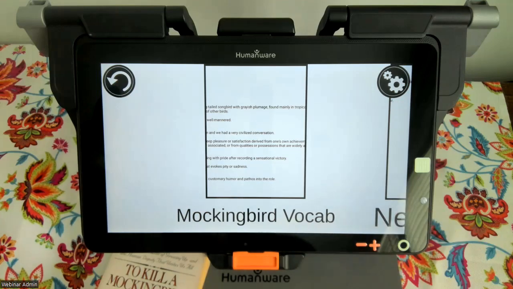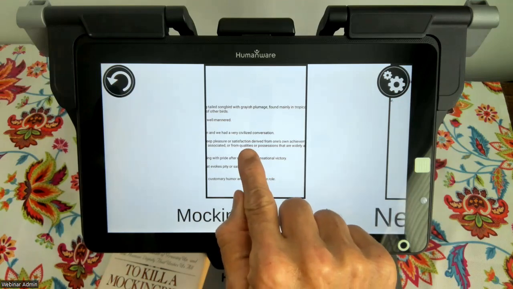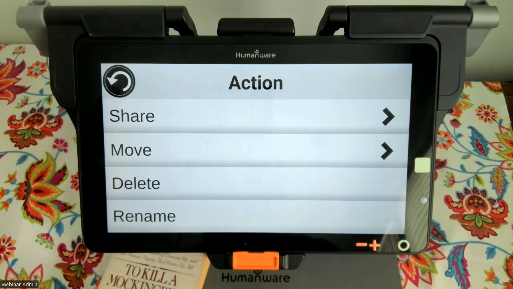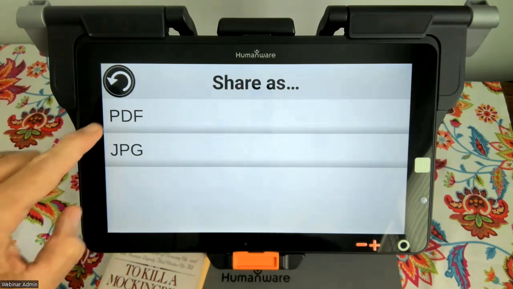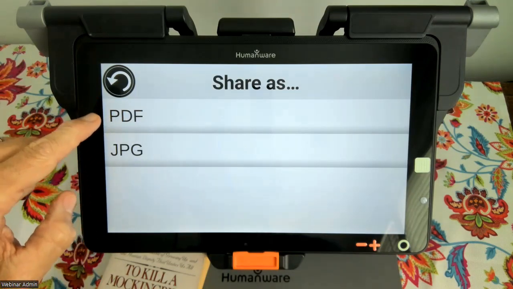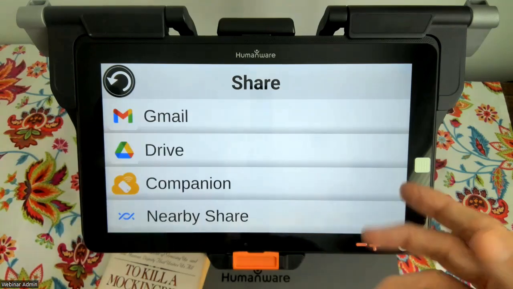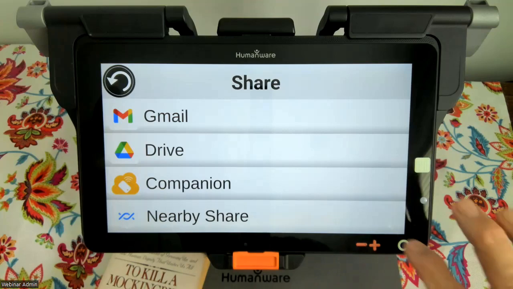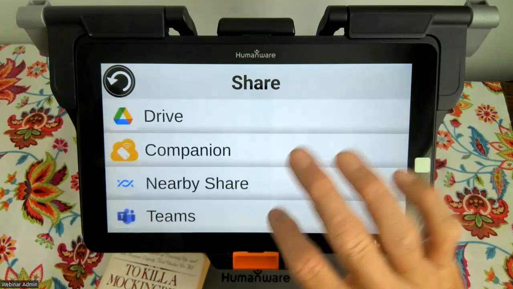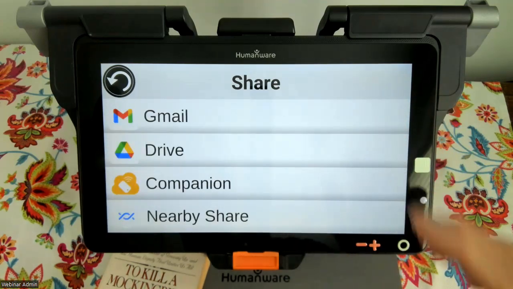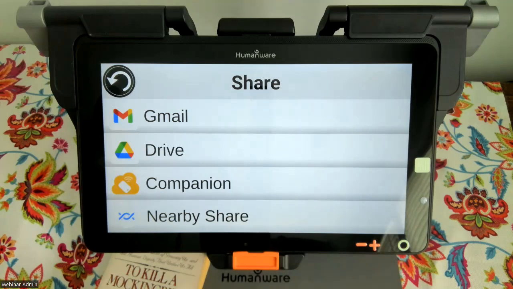From here, what I might want to do is share this with my teacher. I can do this by pressing and holding, tapping share, choose a methodology, PDF or JPEG. In this case, I'm going to use a PDF, and then I can send it by any means that are available to me: Gmail, Drive, Teams, whichever method my teacher has taught me to use in order to send that